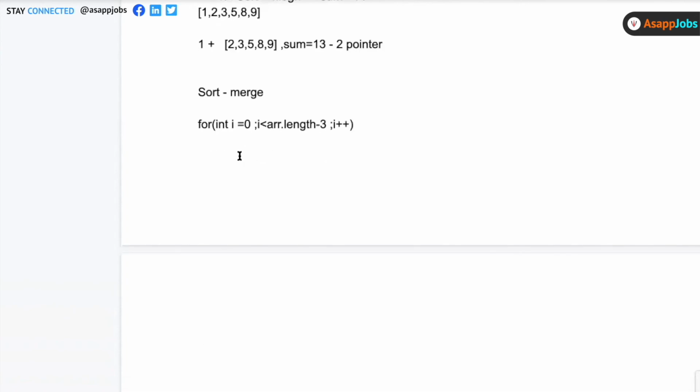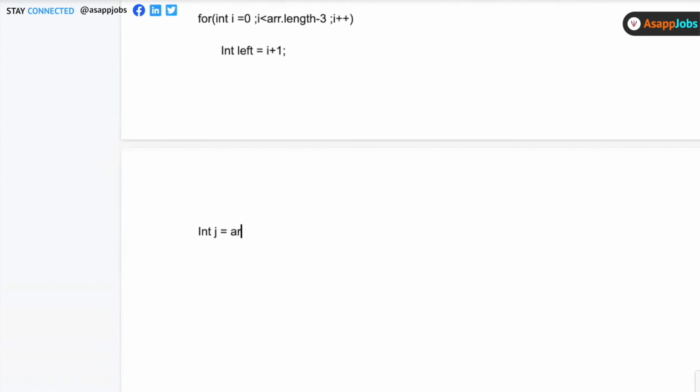And here I set left as i plus 1, and int j equals to array.length minus 1, and then I write a while loop: while i is less than j. I cannot use i less than or equal to j, because i and j have to be two different numbers, since I'm looking for three different numbers.